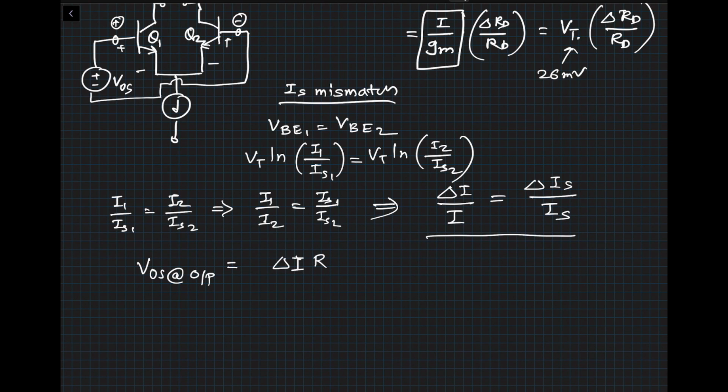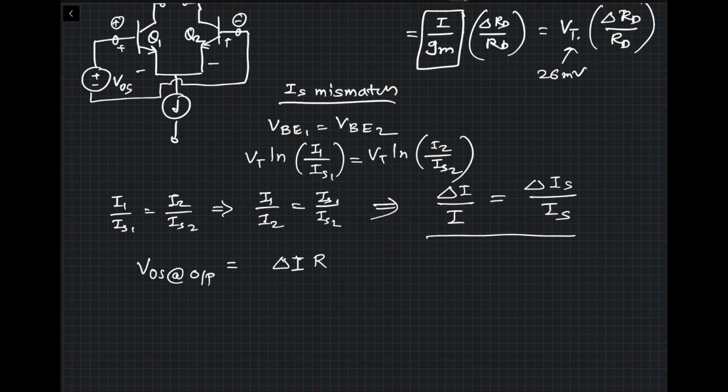When you are doing offset calculations, you don't want to look at all of them together at the same time. You would want to analyze the effect of one parameter, offset in one parameter, first. For example, when you are analyzing the effect of IS mismatch, then you keep both the resistors the same. Otherwise, you will get a very complex equation and you cannot make head or tail out of it. We analyze it this way, and at the end we will make a root mean square addition.